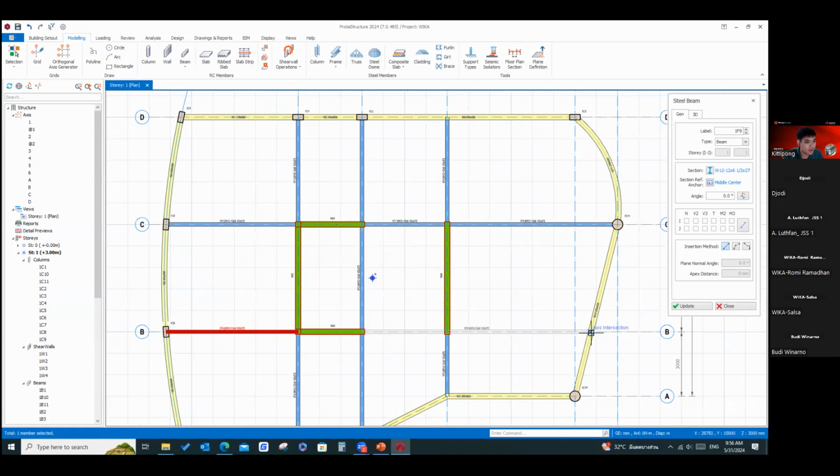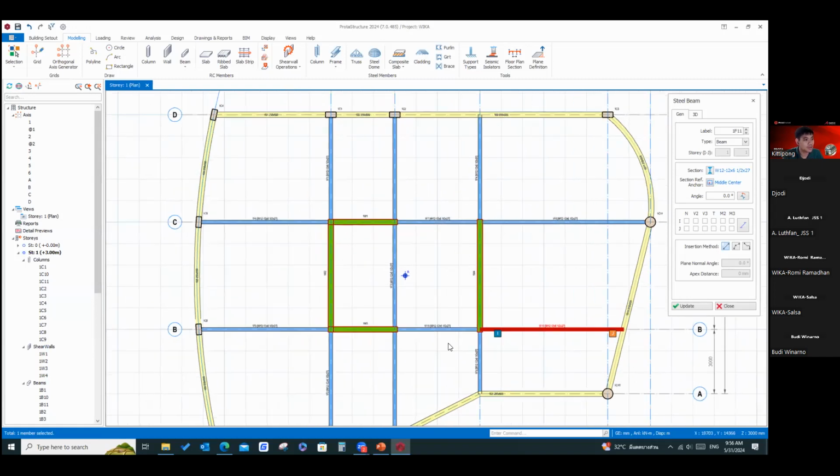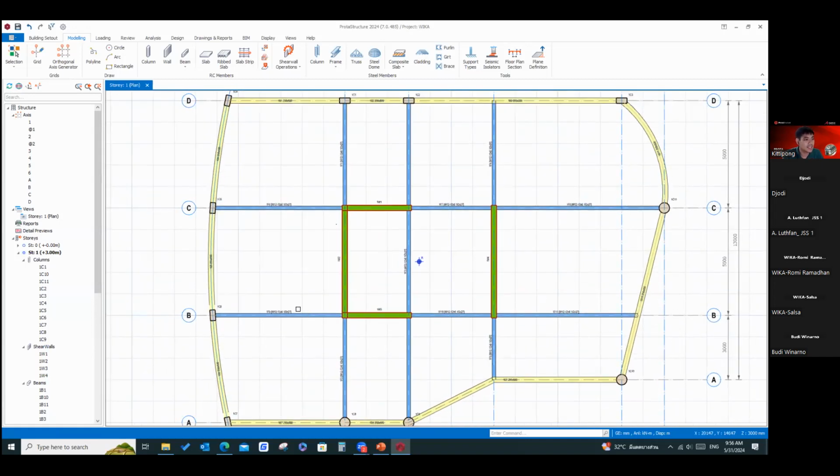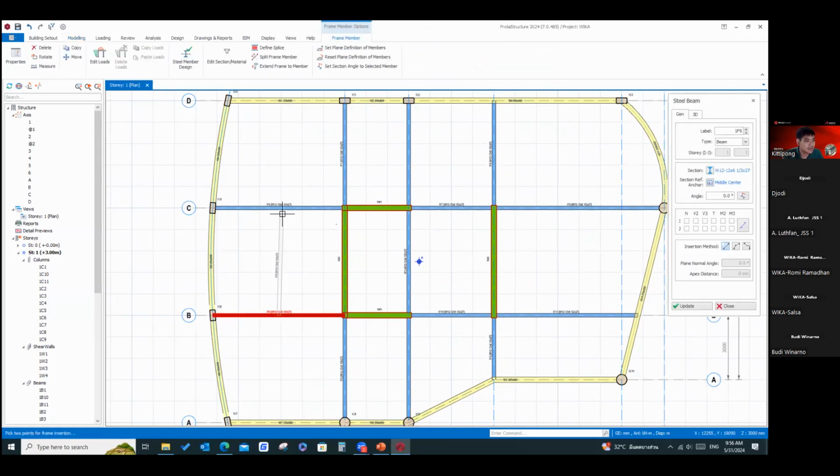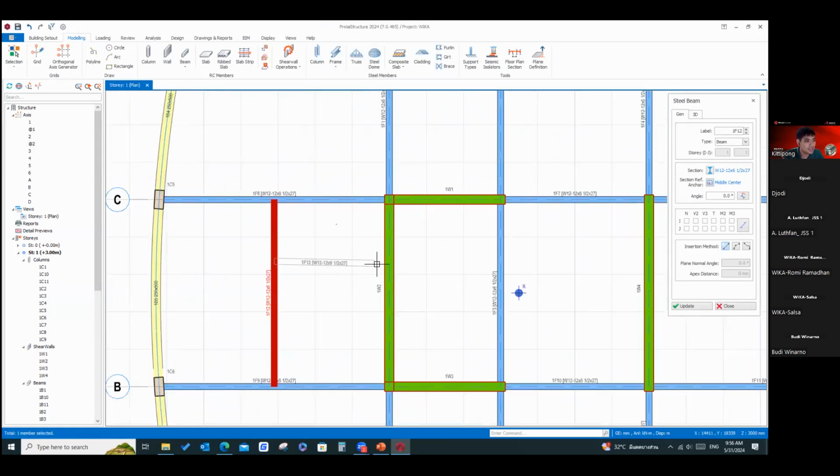Whether it is concrete or steel, you can do it, whatever you want. Okay? It's quite easy.